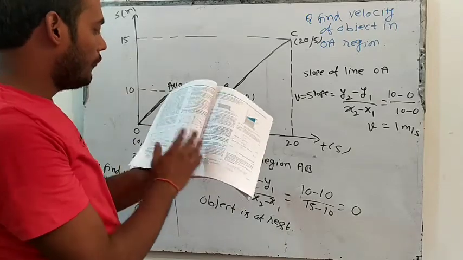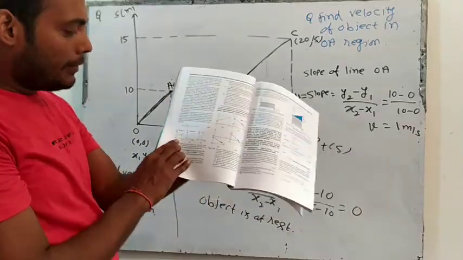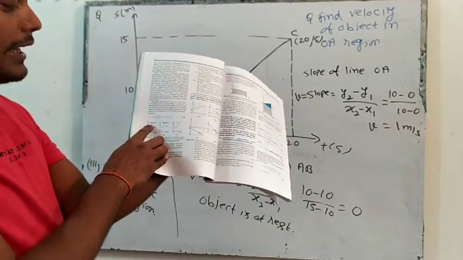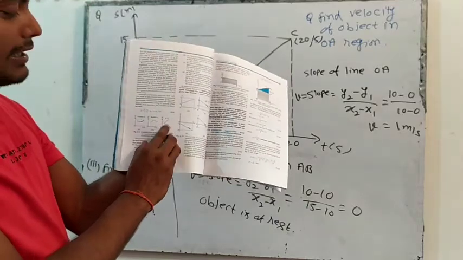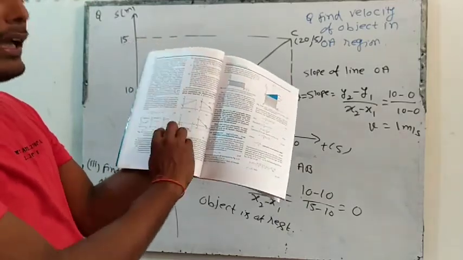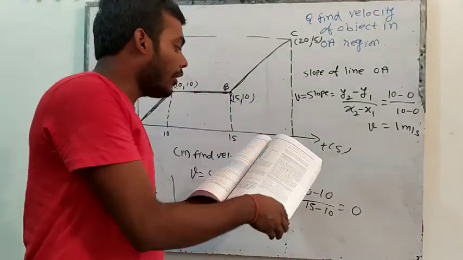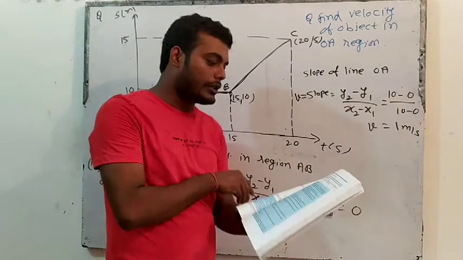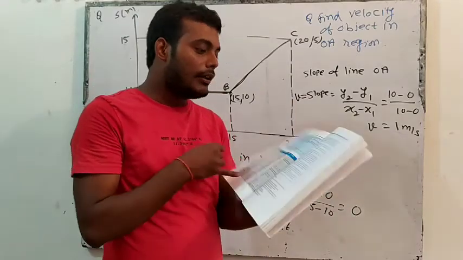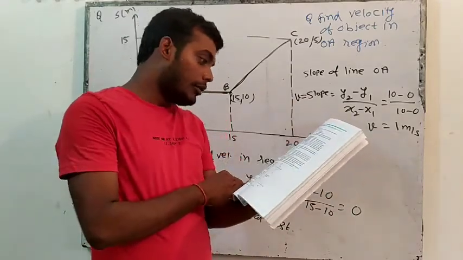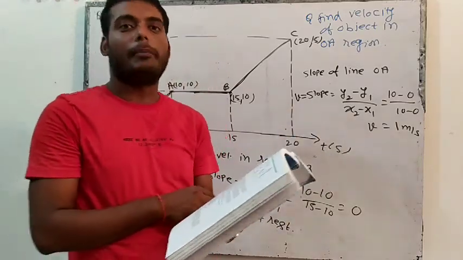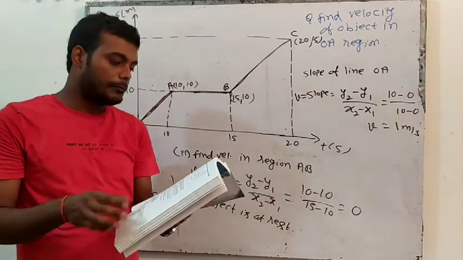So now you will see the graph. See this graph. This is a position time graph, so a displacement time graph. If a graph is like this, then acceleration is positive. If a graph is like this, acceleration is negative, and like this, acceleration is 0. I have discussed this. So see all these graphs from the NCERT book also, and try to solve each and every question of the NCERT book of motion in a straight line. Solve all the questions. I will discuss them one by one, and I will upload the lecture also.